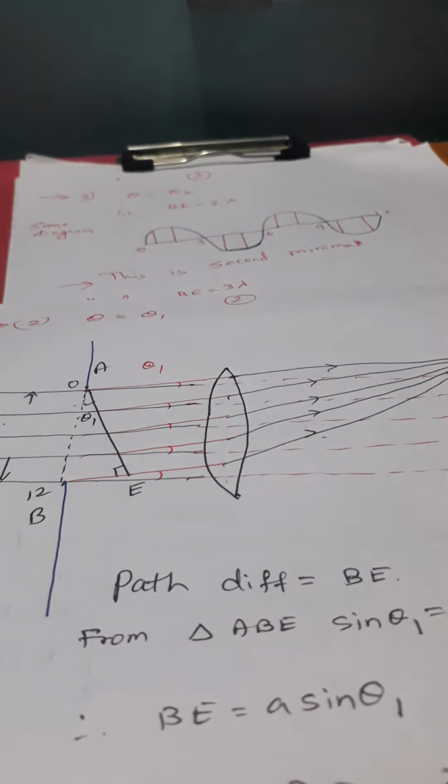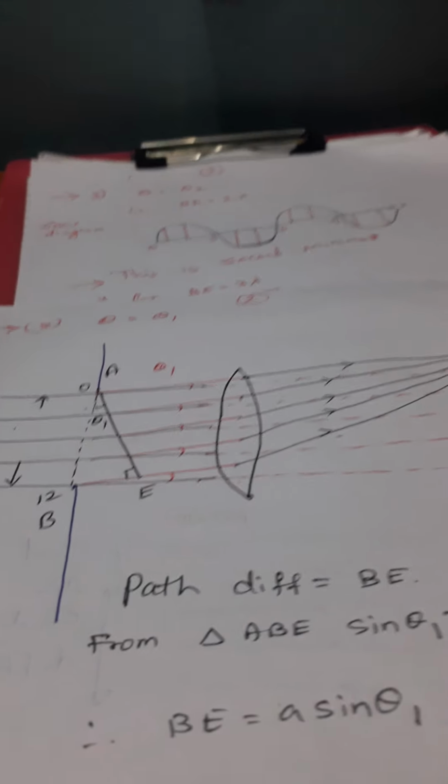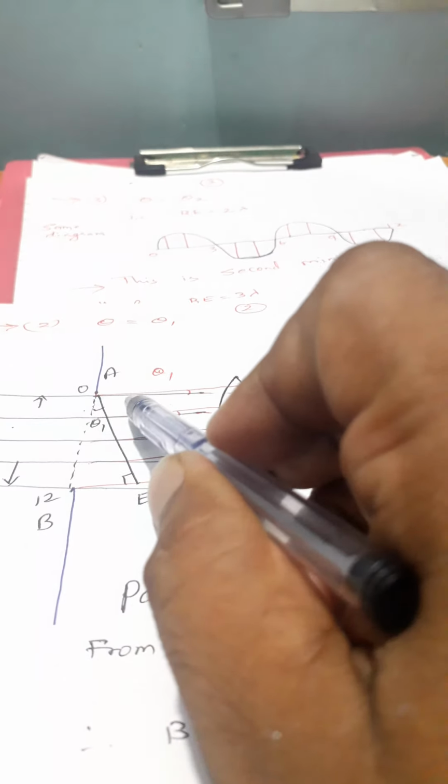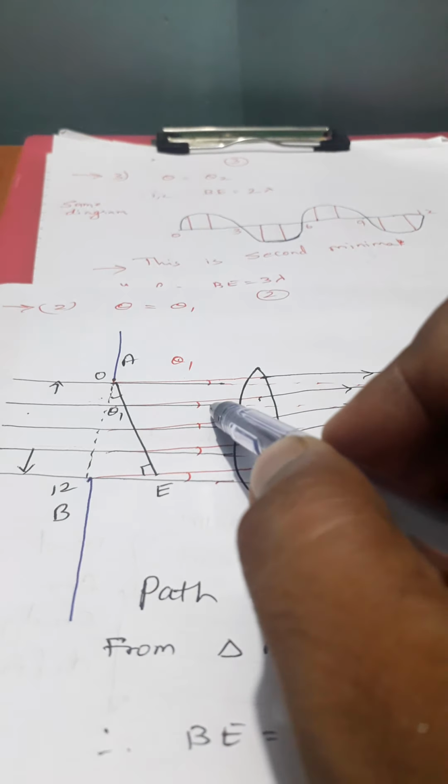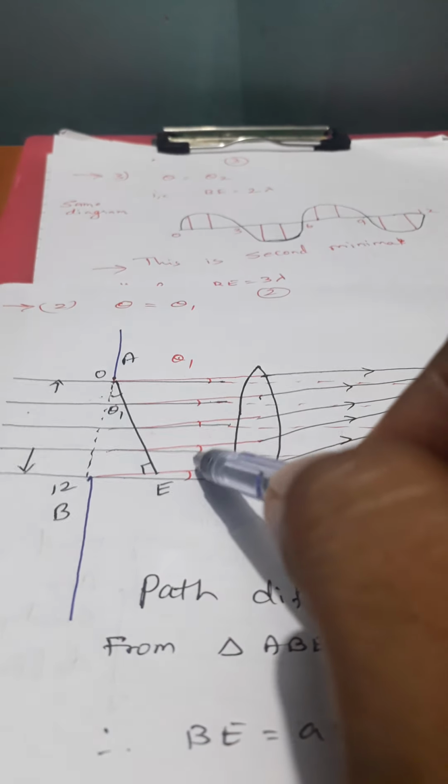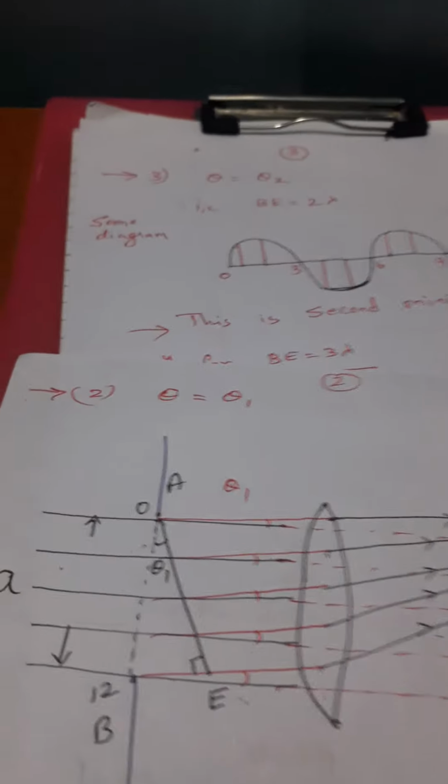Okay, now we will do one thing. We will change the angle of incidence. So let us see how we change it. This is what we have. Previously I had drawn parallel rays of light. Now I just made them inclined to some angle. See, this is the inclination. This inclination is theta 1. So the rays of light are inclined.